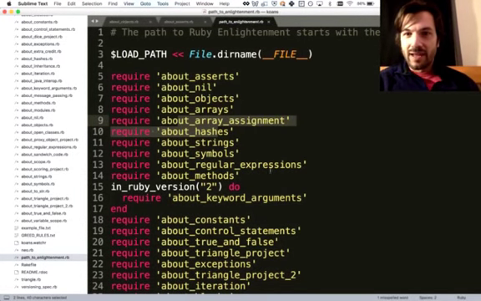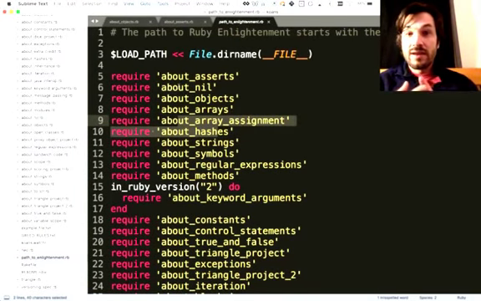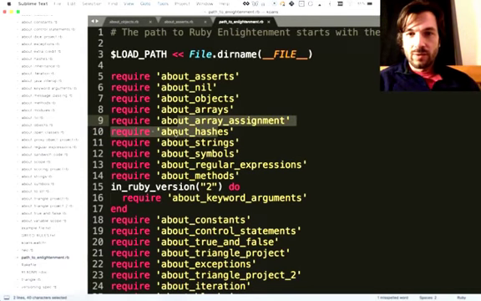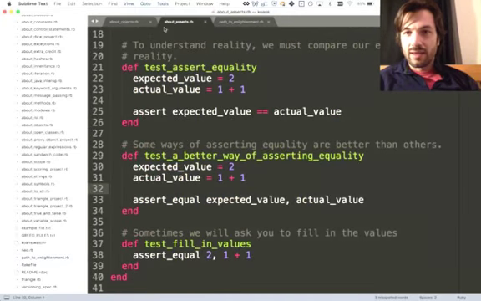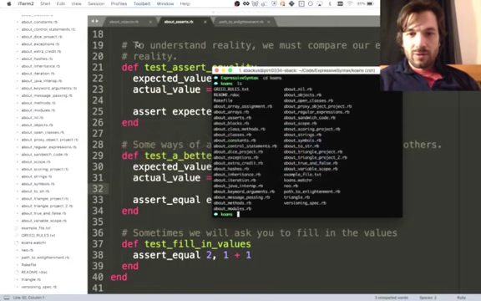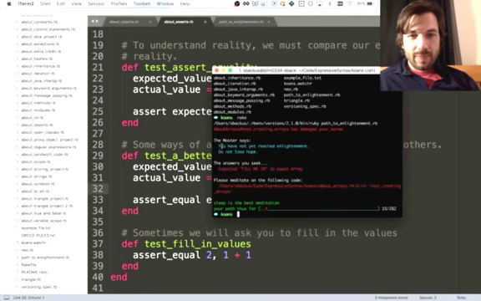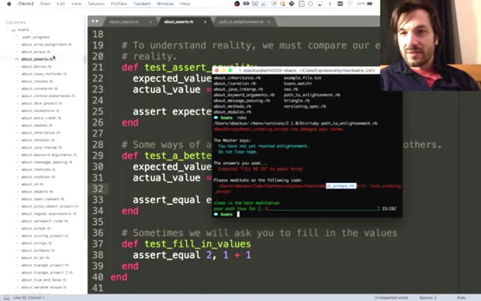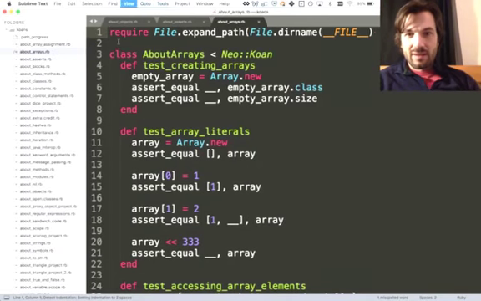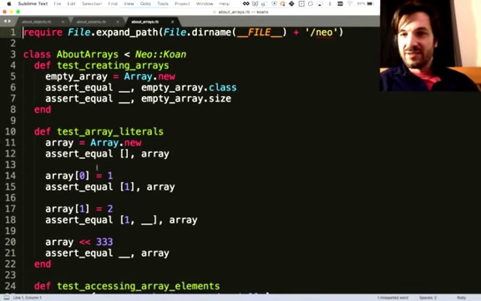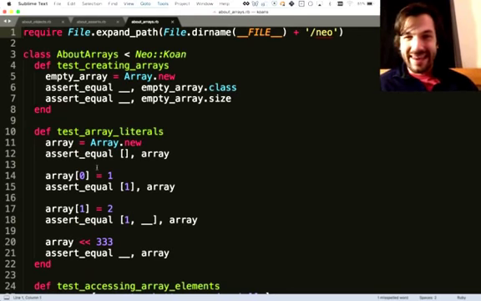So, when we left off last time, we were learning about nil and objects. Today we're going to go right into the next one, which is about arrays, I think. So, I'm going to go and run my tests. About arrays. Sweet! Okay, so let's open that and get started. Dive right in. Okay, so about arrays,